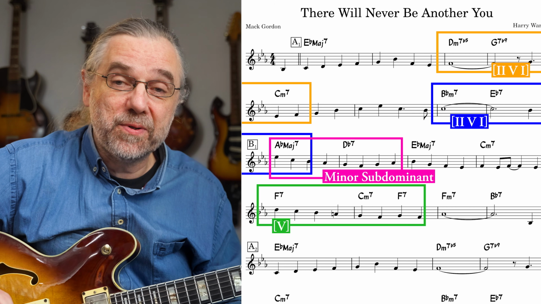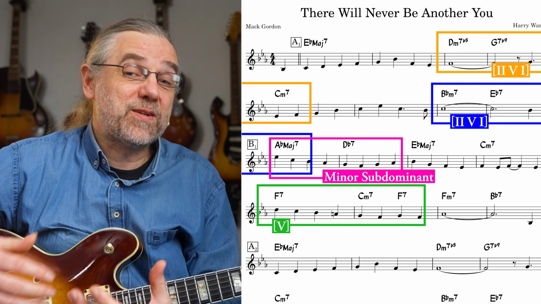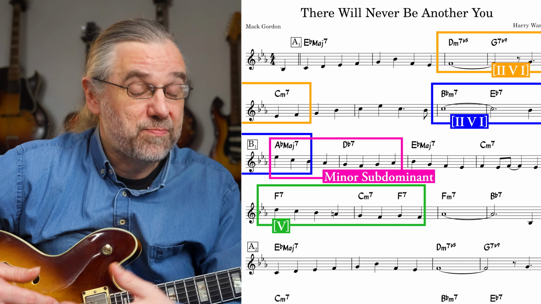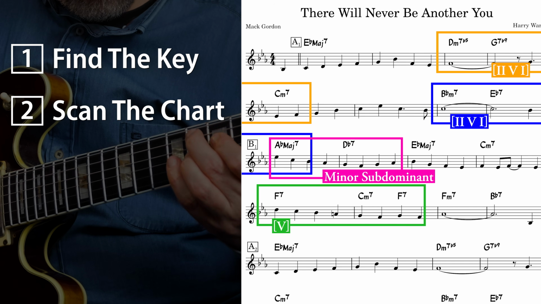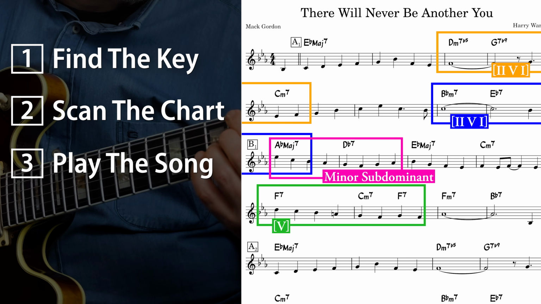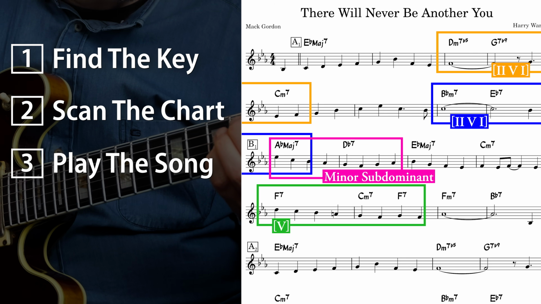If it's a secondary dominant, just look at where that chord is pointing to. If it's a minor subdominant sound, just hear it as that color moving back to the 1. And step 3, finally just play the whole song with simple shell voicings so that you get the harmony into your ears and get familiar with the form. Like this, you're not memorizing 30 unrelated chords, you're recognizing 5 ideas and using that to remember and play the